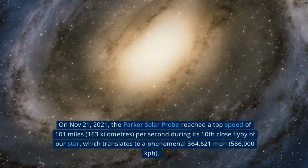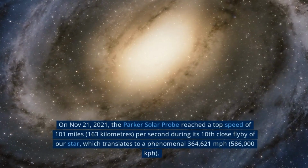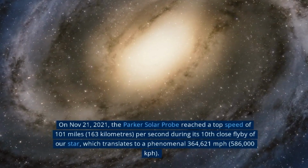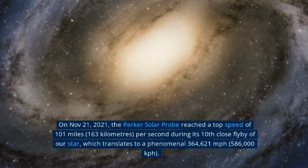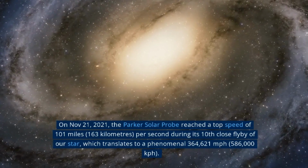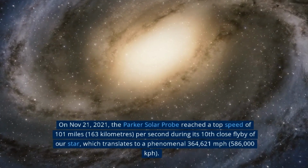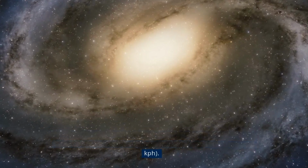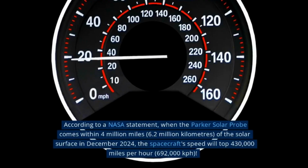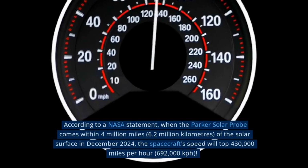On Nov 21, 2021, the Parker Solar Probe reached a top speed of 101 miles, 163 kilometers per second during its 10th close flyby of our star, which translates to a phenomenal 364,621 miles per hour, 586,000 kilometers per hour. According to a NASA statement, when the Parker Solar Probe comes within 4 million miles, 6.2